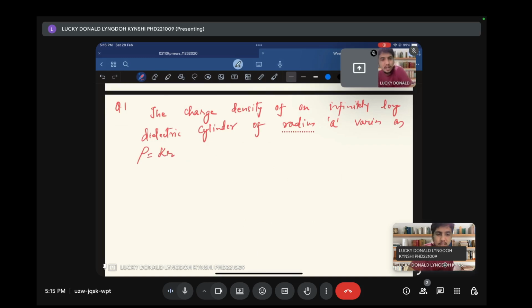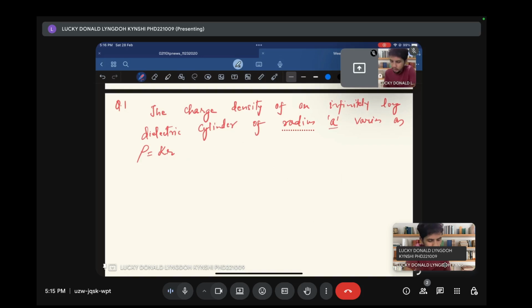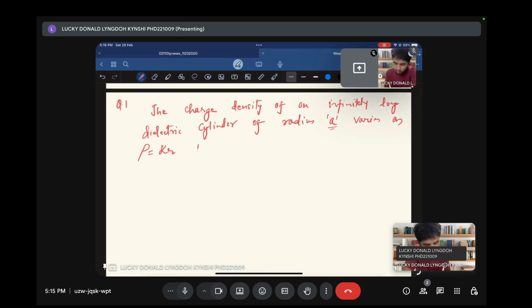That means the charge density is given to you here. The radius is also given to you, and the charge density is given here, where k is a constant,